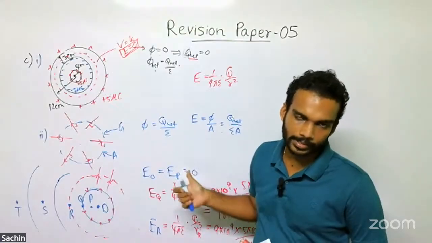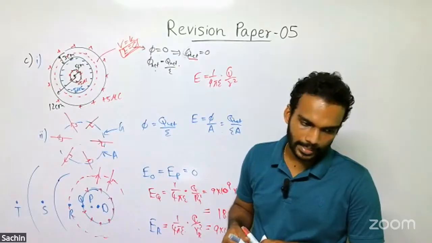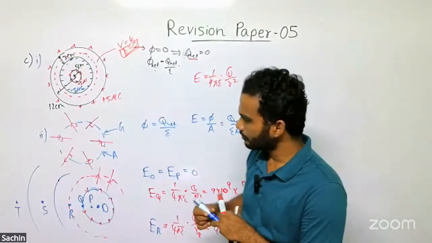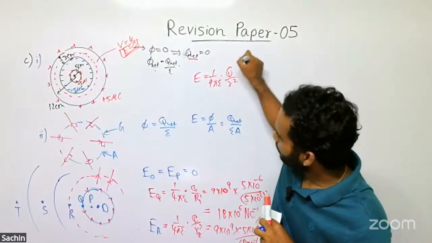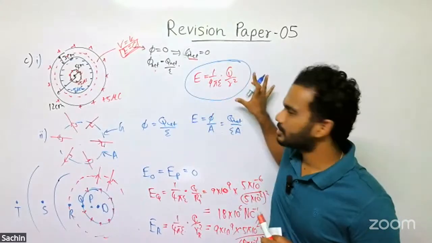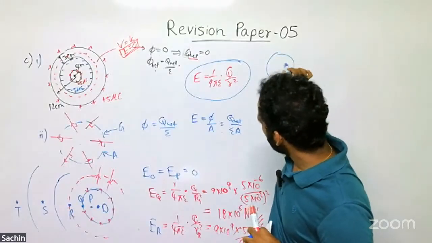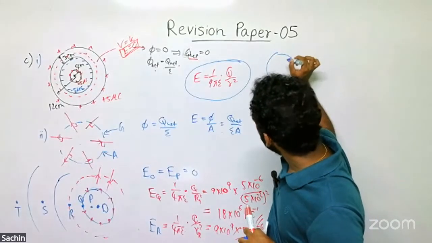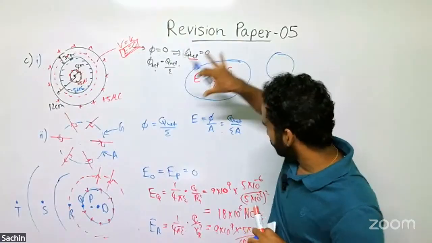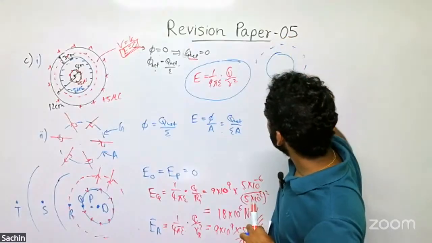I thought of a Gaussian surface and evaluated the net charge. Once we evaluate the net charge, for spherical sections, this expression is still valid, the formula we learned in the class. For any spherical shell kind of thing, this equation is still valid, but only when you consider a point which